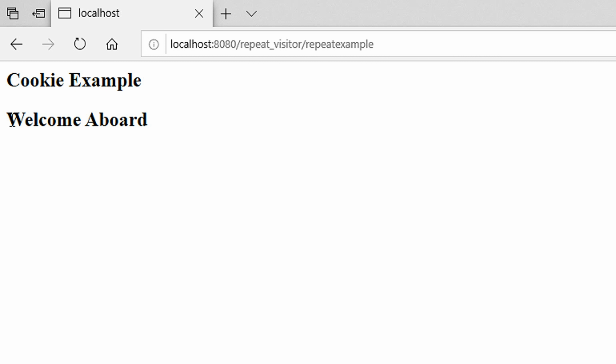Welcome aboard. The cookie did not find the value of repeat and printed welcome aboard. If I visit this servlet again by using the refresh button, it tells us welcome back.